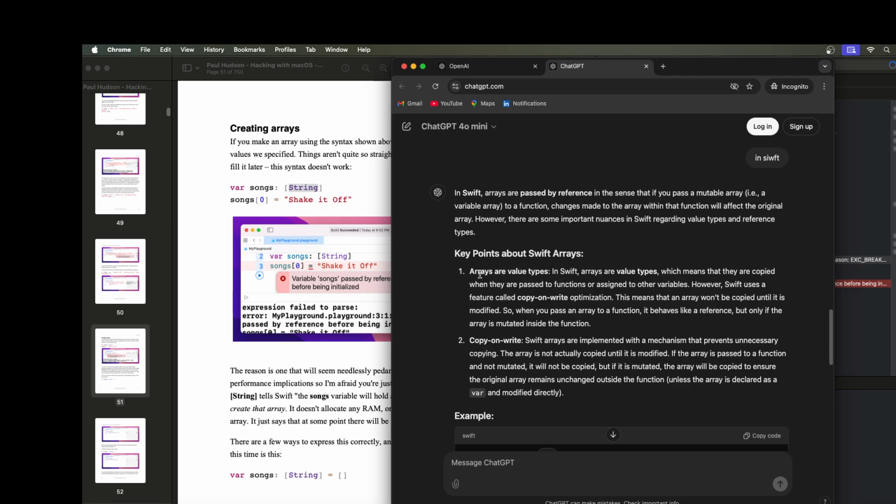So he's saying arrays are value types. In Swift, arrays are value types, which means they are copied when they are passed to functions or assigned to other variables. However, Swift uses a feature called copy on write optimization. This means the array won't be copied until it is modified. So when you pass an array to a function, it behaves like a reference, but only if